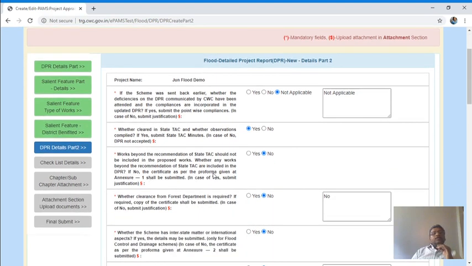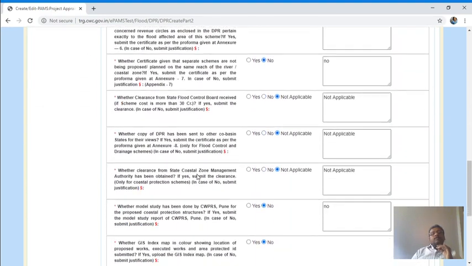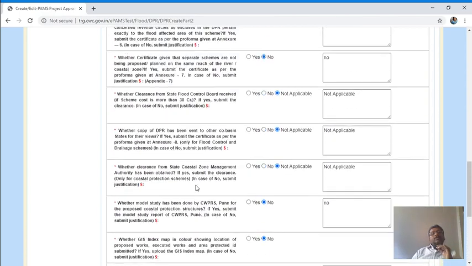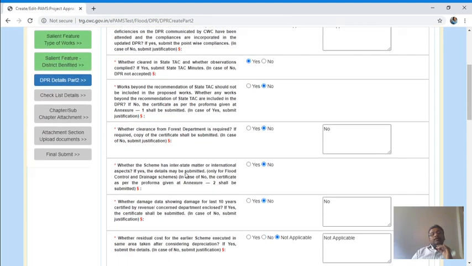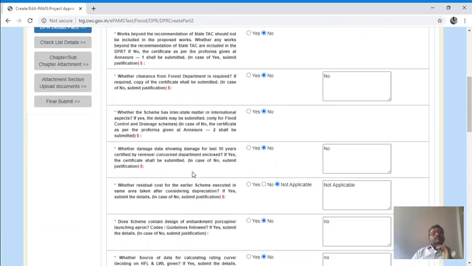You have to fill this kind of information in yes or no. Based on this information you will have to submit attachments. In the next slides you will find a checklist will be generated. It will depend on whatever you are filling here. Now click next.